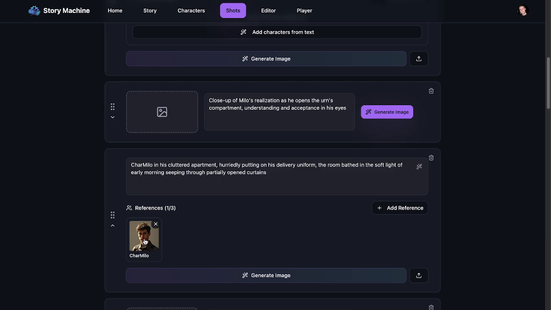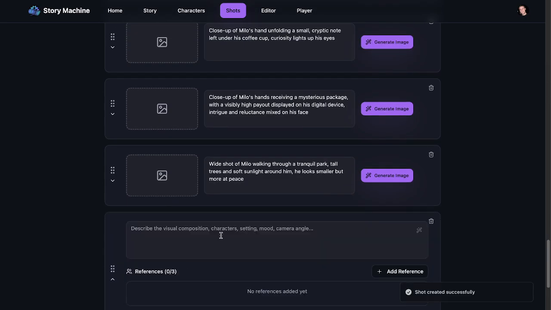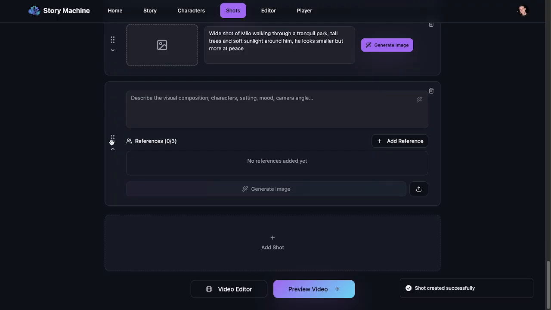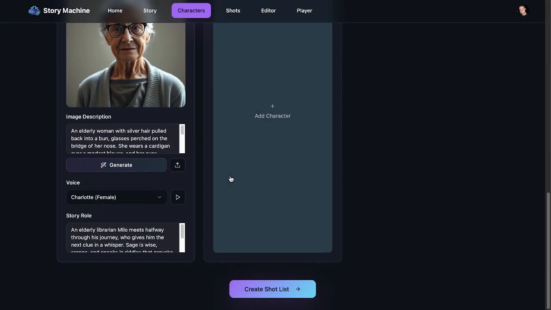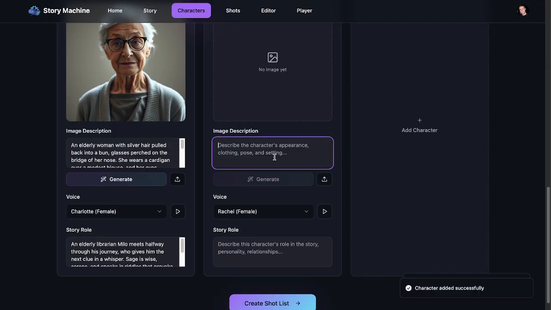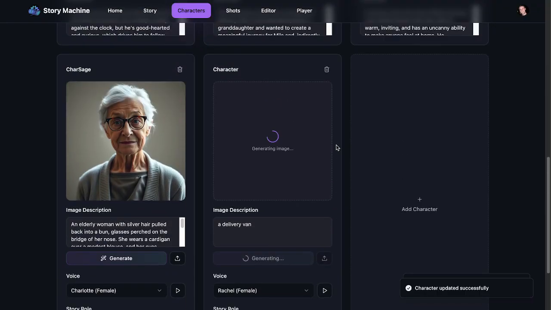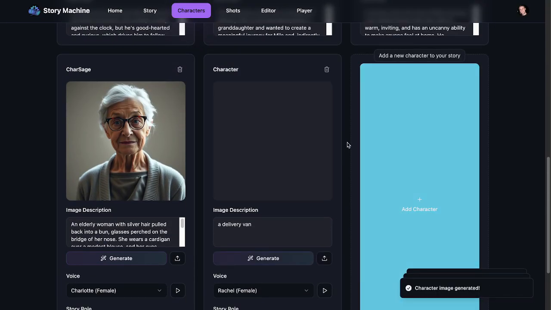One of the things I'm going to want to do is get him in a delivery van. So I am going to make a delivery van reference image. And let's get a delivery van reference image so that we can